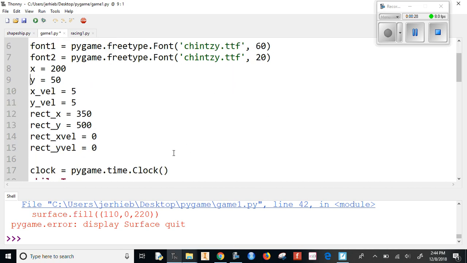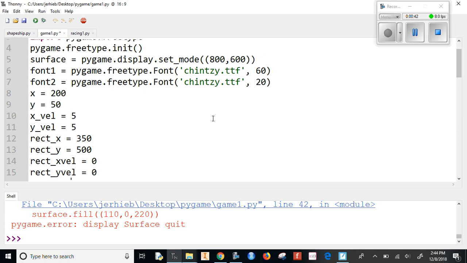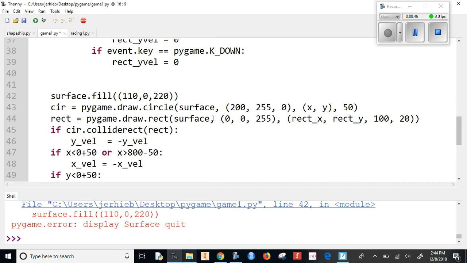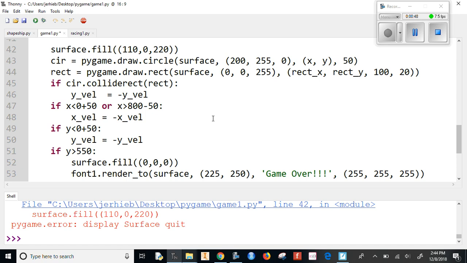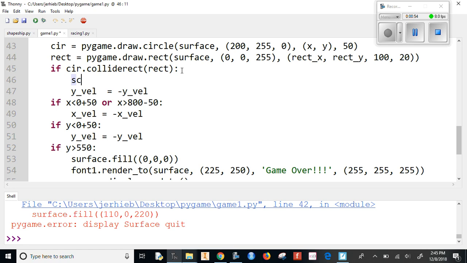And then we are going to need a score variable. Here's our list of variables. So it's going to start score equals 0. And let's have it increase the score every single time the ball is hit. So let's see, that is here. Whenever they collide, we're going to do score equals score